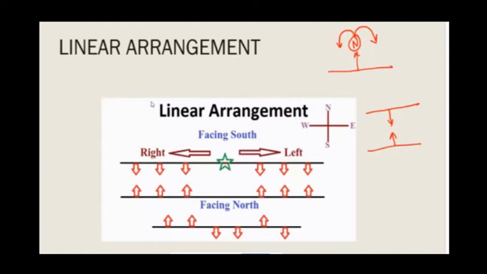your linear arrangement. Let me say this is a person A who is facing north and person B who is facing south. Now A's right is nothing but your right, and A's left is nothing but your left. Simple as that. Whenever you have a person who is facing south, that is B facing south, your right is going to be B's left. You can imagine yourself standing opposite you. And your left is going to be nothing but B's right. These are the main two concepts that you have to come across with respect to your linear arrangement.